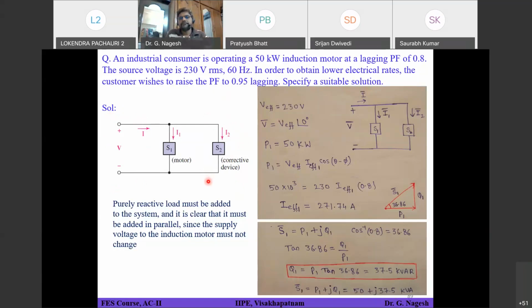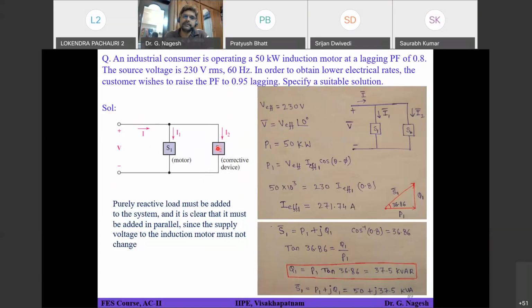Okay, so what it means is, since our objective is only to improve reactive power, if you connect some element which is consuming real power, it is a loss for the customer. Unnecessarily he is increasing the load which is of no use for him. So that's why they are connecting only a reactive element which will not consume your real power, but it will help in improving your reactive power, that means improving your power factor. So the real power consumed by this fellow is going to be 0, but some reactive power value can exist.